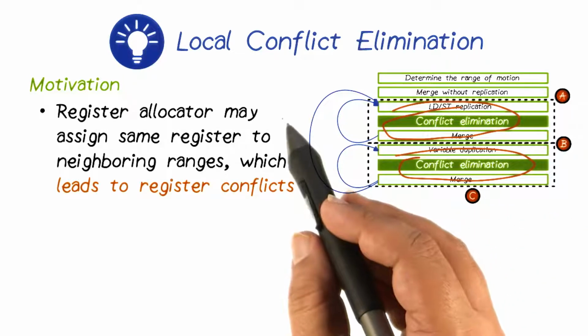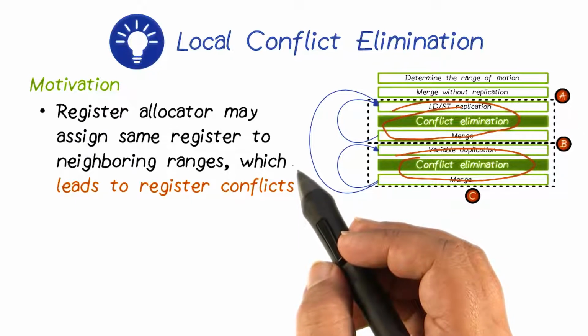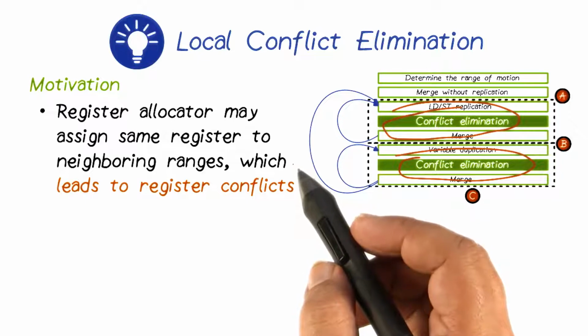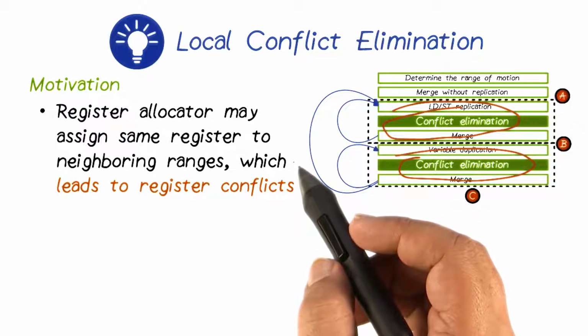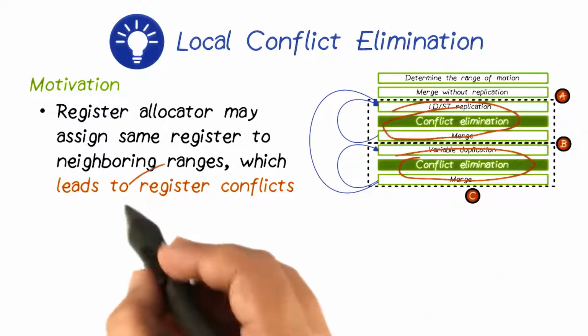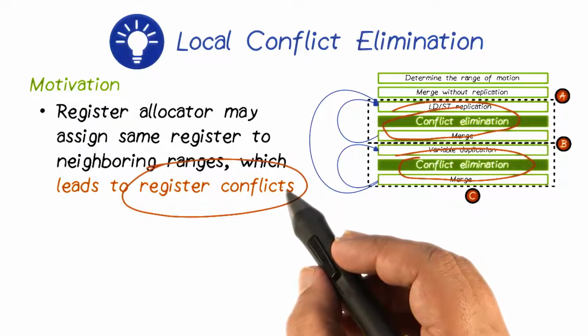So one of the reasons the conflict may occur after replicating the load stores is that now we are entering some loads or stores in the live ranges of other variables, and because of this, those registers might be preoccupied with some other operands at the point where these load stores are replicated. Now, this could lead to register conflicts,